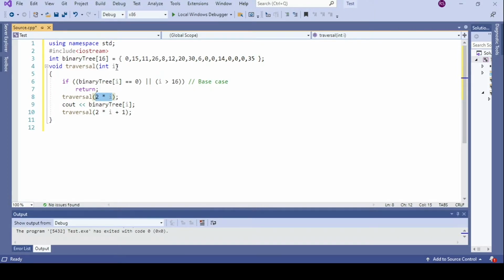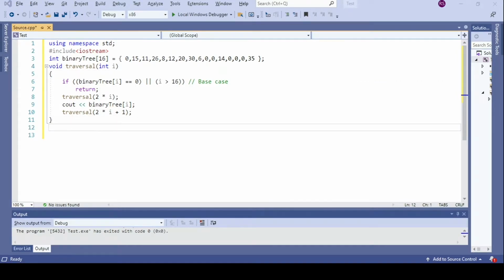So at any instance of the execution, when we are dealing with the ith node, its left child has to be available at 2 into I, and its right child must be present at 2 into I plus 1. If they are not present, it will be found to be 0, and the control will automatically return. So in this way we can implement the traversal function equivalent to the traversal algorithm we studied.